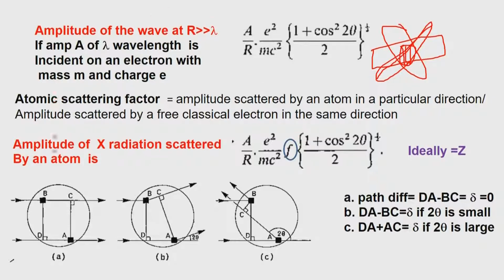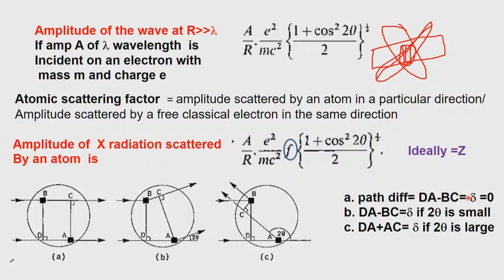An illustration of this kind tells us that if the beam is not changing direction, if it is coming in and we find electron density at this point A and electron density at this point B, it is not changing any direction going through, that means there is no change in the path. The path simply goes through, but we do find the electron density in its path. That means if this is the atom, I have considered two small elements of electron density, but there is electron density in the entire sphere which is shown here, and all this electron density will be a part and parcel of scattering, and therefore, there is no path difference.